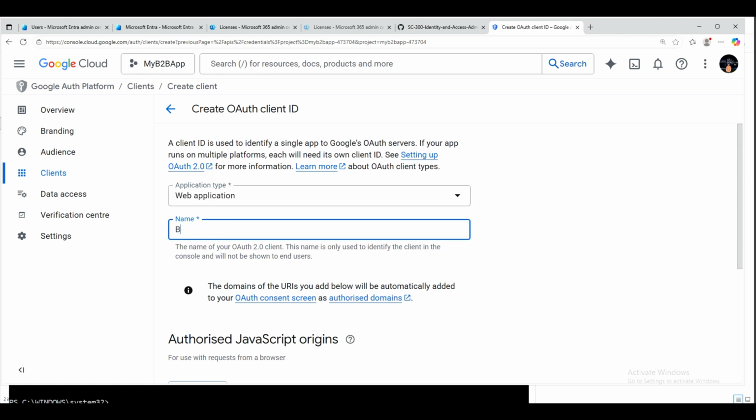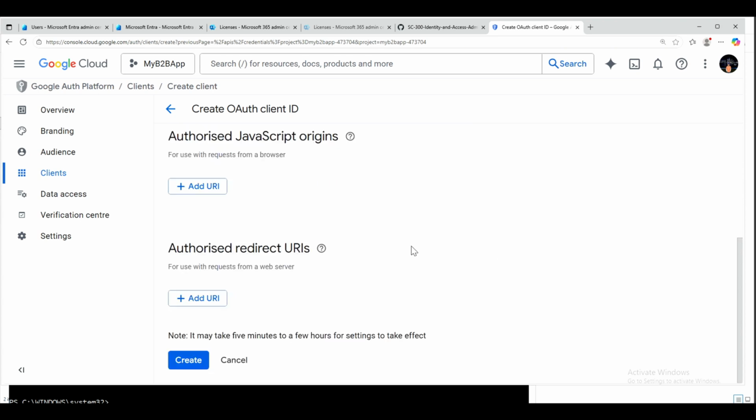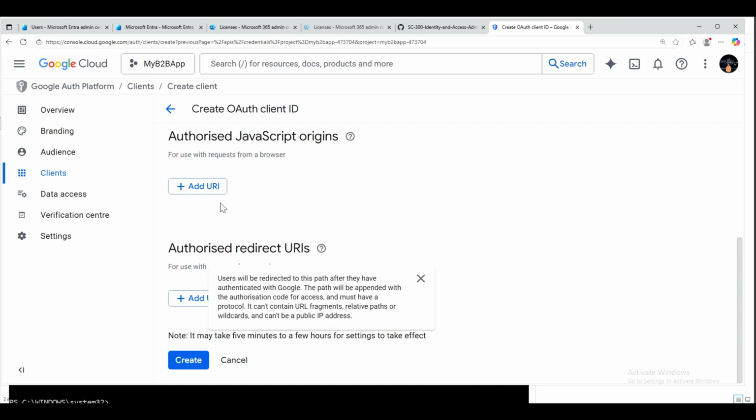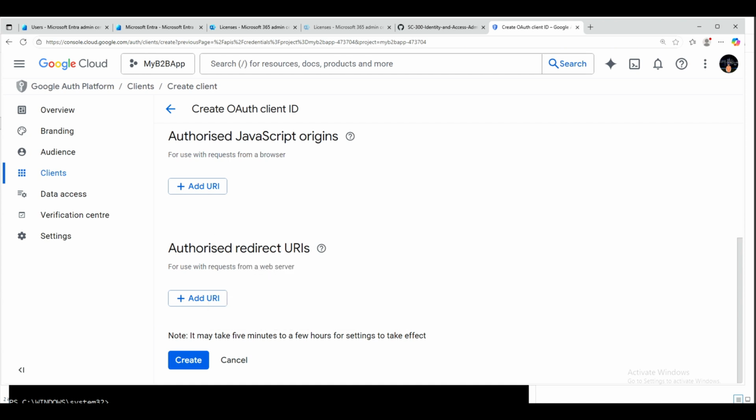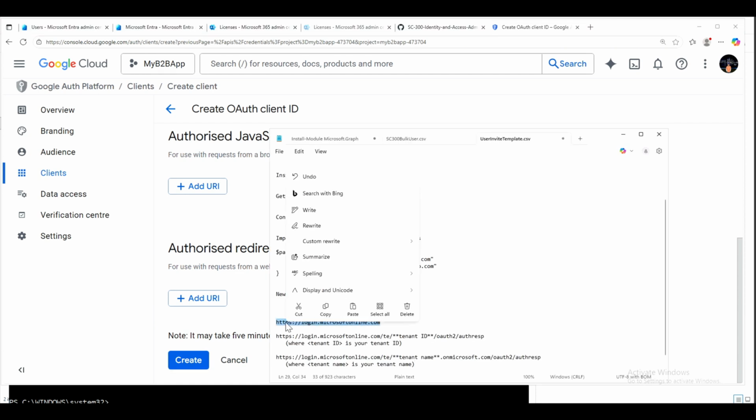Let's make it B2B. Then if I go down below, there is the option to add a URI for redirect to applications. So first URI,